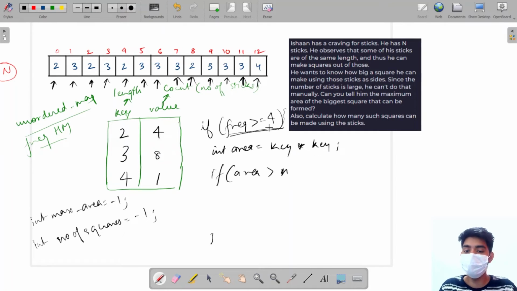This is saying that I can make a square. Now I'm saying give me the area of that square. What is going to be the area? If the area is greater than my maximum area, I'll just update my maximum area with this area, and I'll set the number of squares as, what is going to be the number of squares